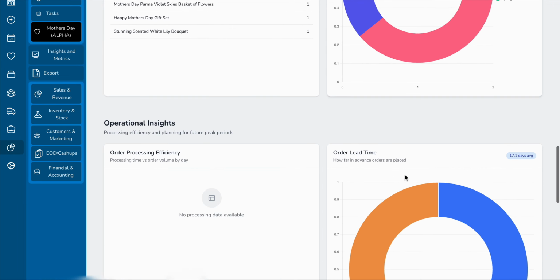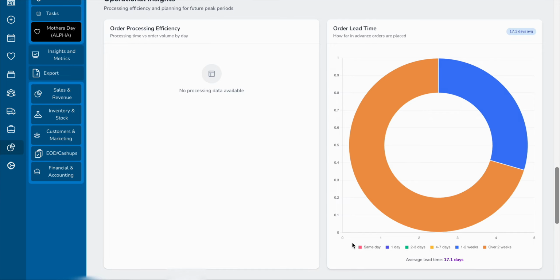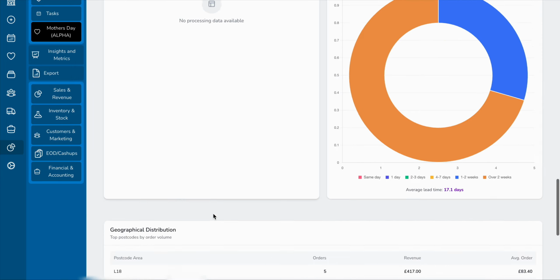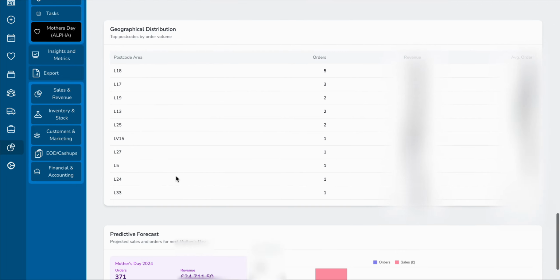Over here, what have we got here? Some of these ones are to do with how far out orders are placed. This will be interesting as you get to the peak, and you'll see that these 2 to 3 days out, 1 day out, will get bigger and bigger because you'll get that volume rush of people buying. This one's really good because it shows you